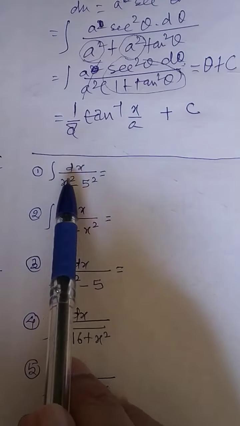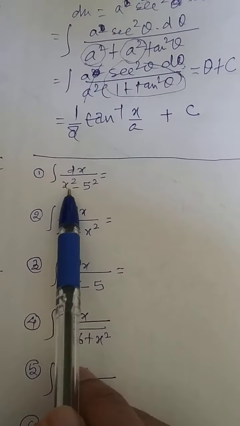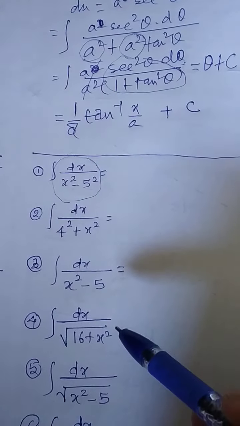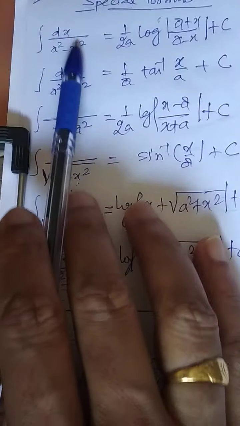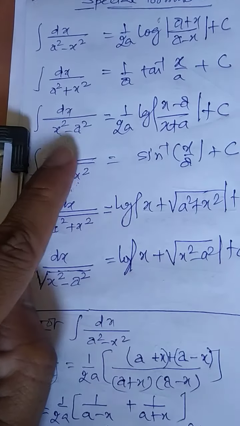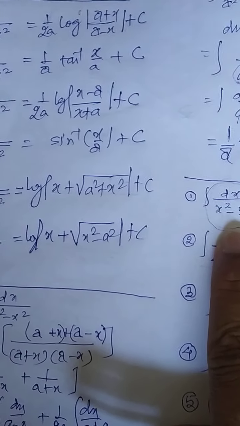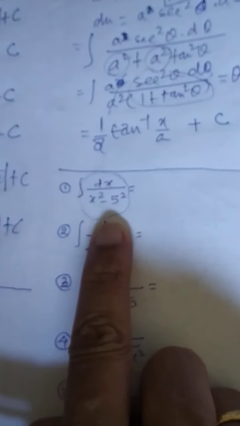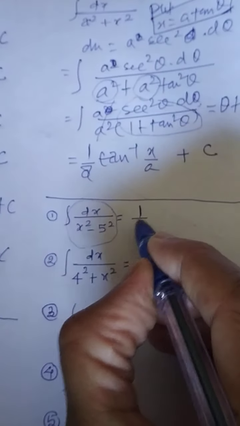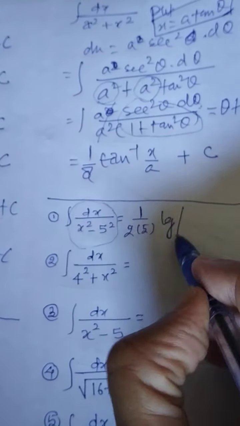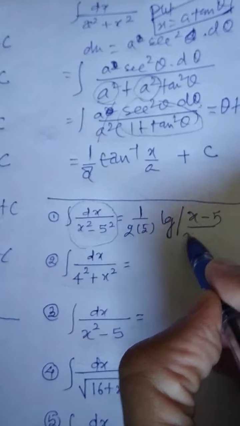Okay. Now dx upon 25 minus x square. I'm just trying to tell you, try to compare this one with one of the formulas. Check here. This is nothing but this one. First x is there, then a square. I'm showing the question one more time. See here. So what will be the solution? 1 by 2a log of x. What is the value of a here? A will be equal to 5. So the answer is 1 by 2, a means 5, log of, the formula you can see in your notebook. It will be x minus 5 upon x plus 5.